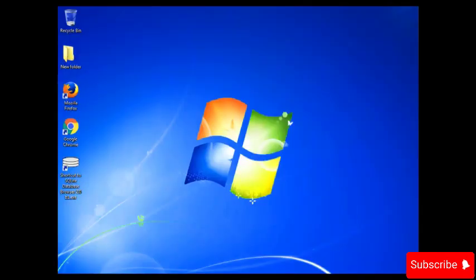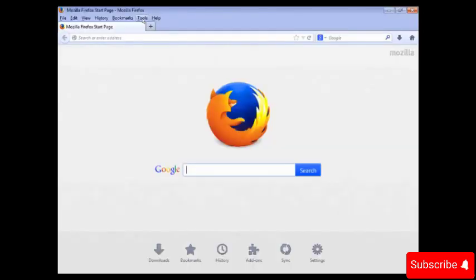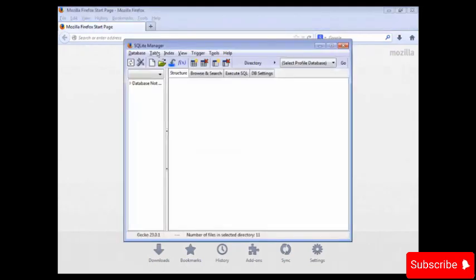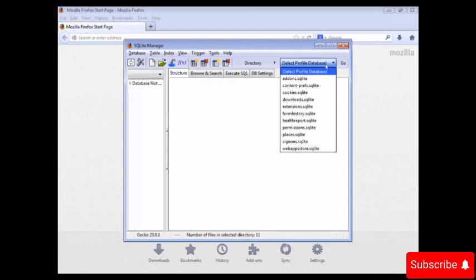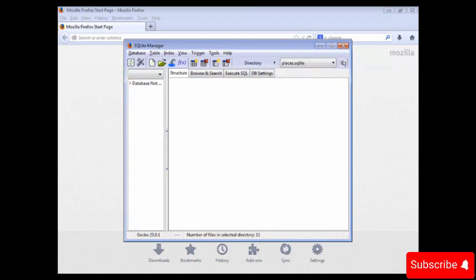In this video, you will learn how to analyze Mozilla Firefox. Firefox is similar to Chrome when we talk about storing information in SQLite databases. First, let's open Mozilla Firefox and go to Tools and then select SQLite Manager. So we have directly opened this from the browser itself. Now from the drop down list, we have to select Places and click on Go.